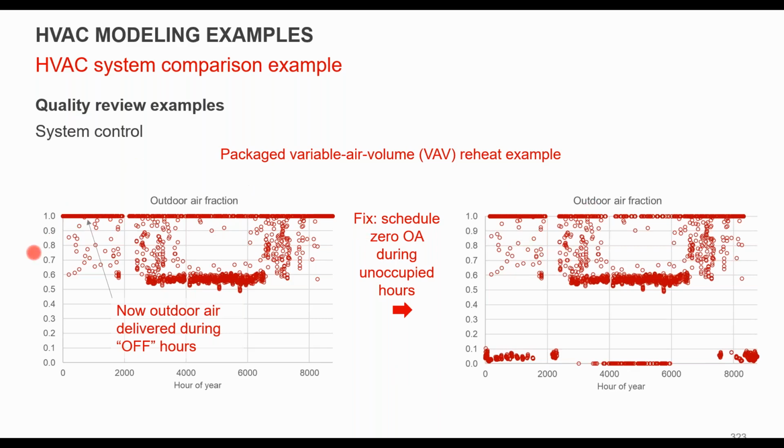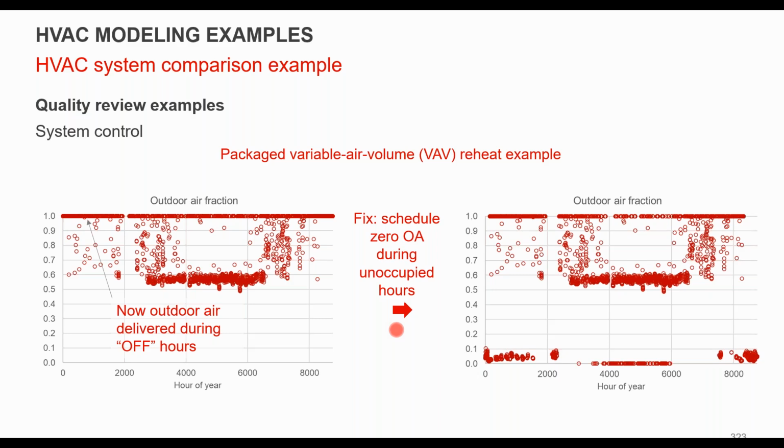Another thing we noticed, if you go back to the outside air, is that the outside air damper was open basically 24 hours a day and never actually went to a closed position. One thing you could do there, which is good energy savings and a measure we find in a lot of existing buildings, is set the damper back to 0 when you don't have any requirement for it, or nearly to 0 when you have no occupancy in the building. Once you've made that change, you see a lot of hours when the outside air dampers are closed.